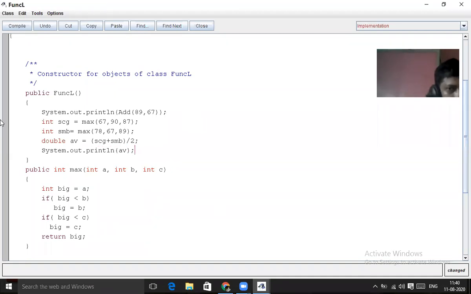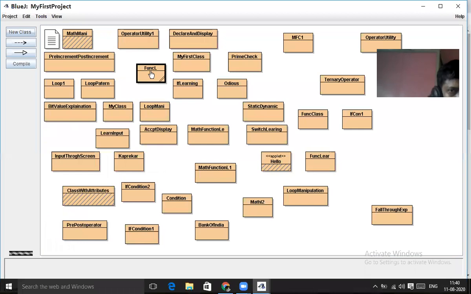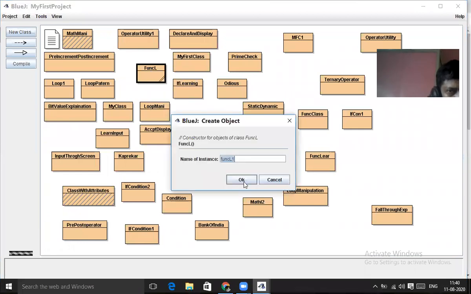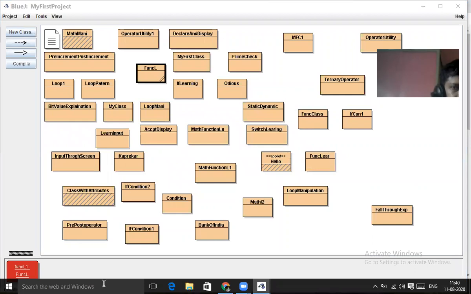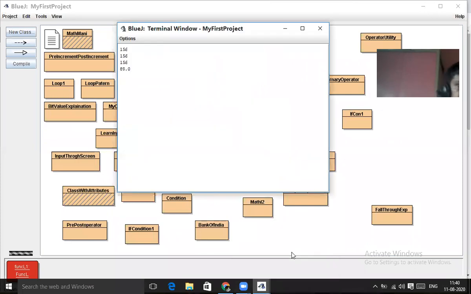Now if I compile this one, I have less than a minute, so please try to adjust. Okay, let me see if I will be able to show you or not. Now if I see the output, where is the output screen? Yes, now you see the output screen is showing me 89%. Can you see 89%? Yes, sir. Okay, that 89 is calculated. How have I calculated it? If I use System.out.println, it will display only. It will not have any future use. But if I just use this